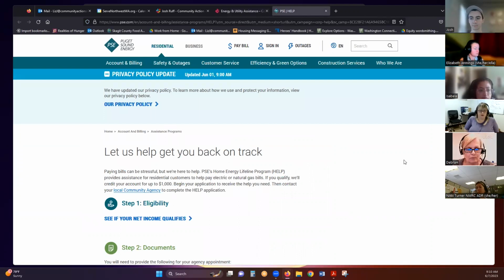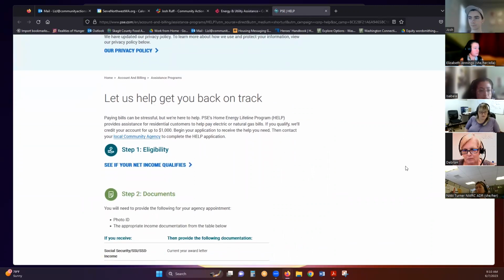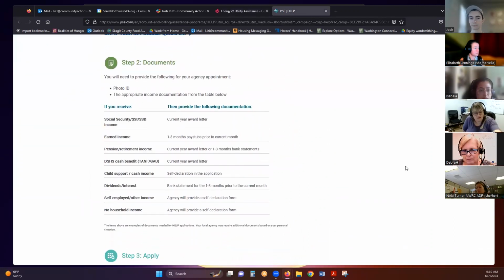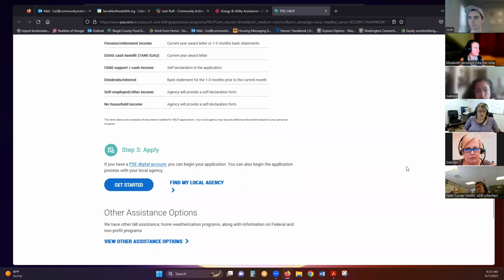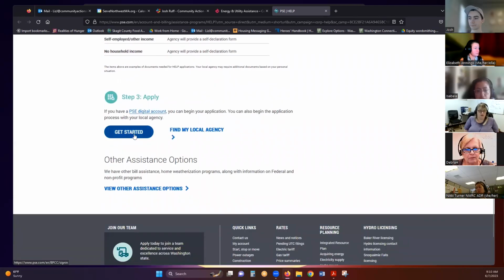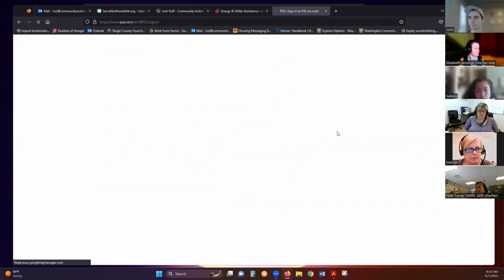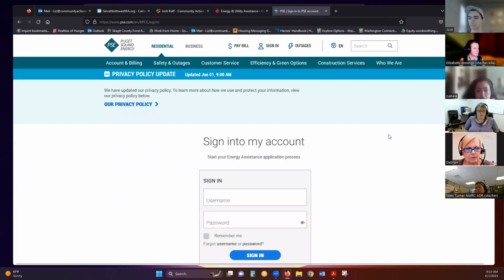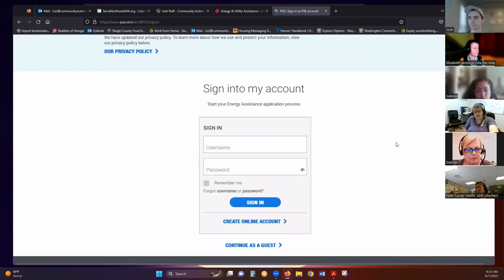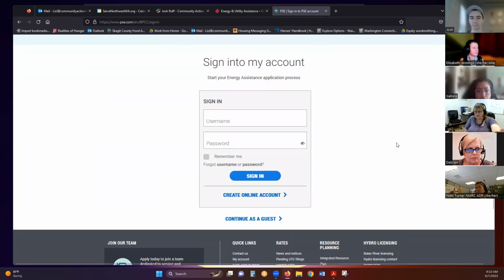So this is where, in order to schedule, you're going to go down. This tells you what kind of documents the client needs to have when they come to their appointment. If you go to step 3 and hit apply or get started, you're going to go to a page where, instead of signing in, if the client has access to their account, like a username and a password to get into their actual account with PSE, you can do that with them.